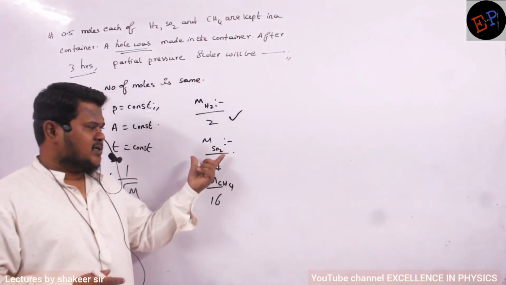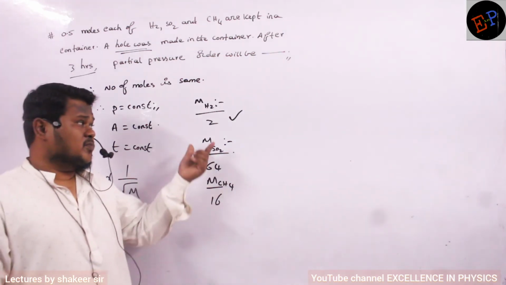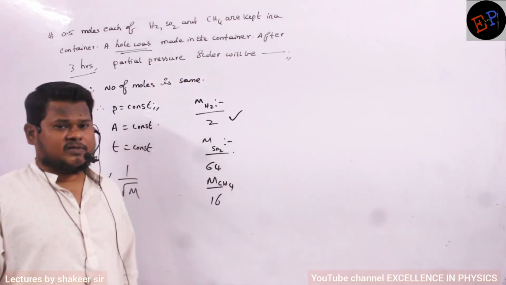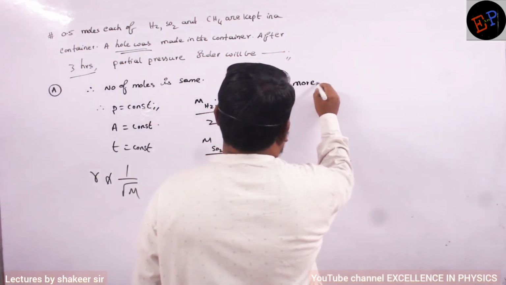So automatically the pressure given by SO2 will be greater. Okay? Because more hydrogen molecules will escape, followed by CH4, then followed by SO2. So therefore what I write? Therefore I write more number of